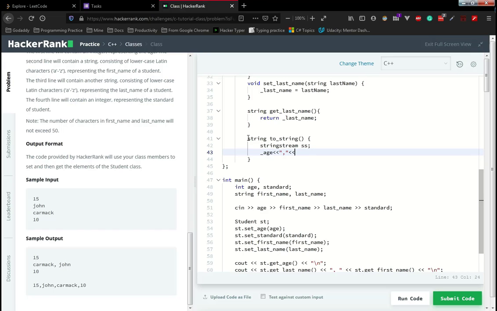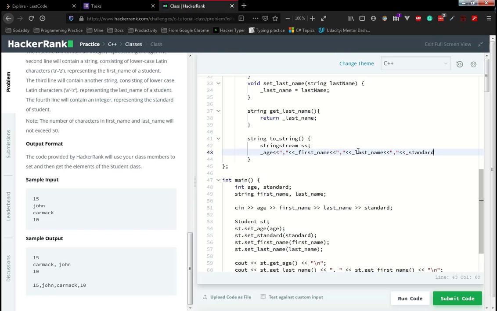So again we are going to append the first name. First name is nothing but the first name, again comma, again we are going to take the last name, again comma, the last is nothing but the standard. So that's all. We have got some value.